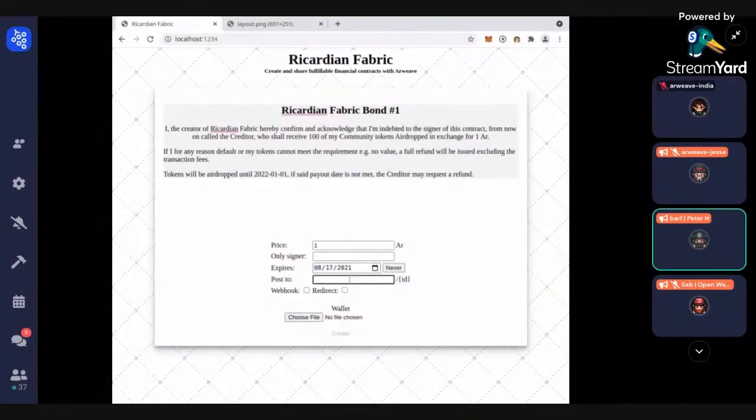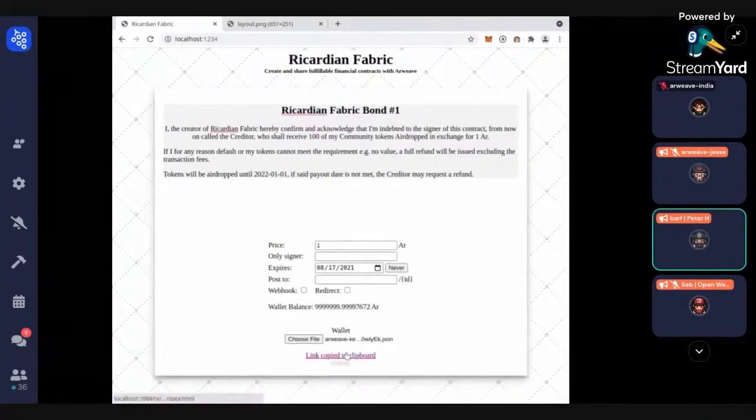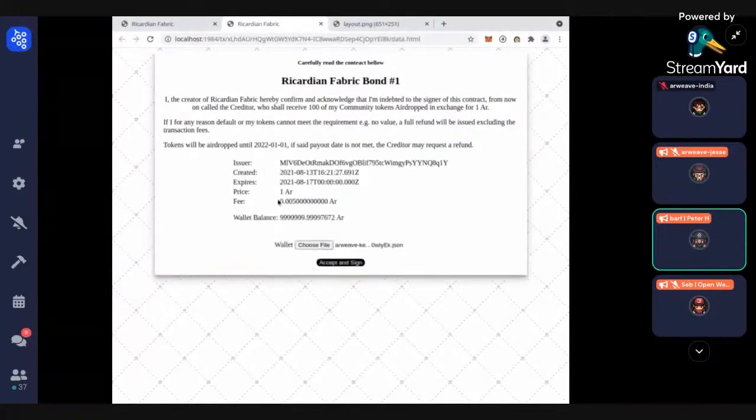You have the option to post to either a webhook or redirect to your website. So you can capture this at the end and, for example, mint an NFT from the bond and create a security that you can trade on an exchange. So I'm going to create this, and it's just going to create a contract website that is a bond in this case, that anybody can access, and anybody can purchase this bond for 1 hour with 0.005